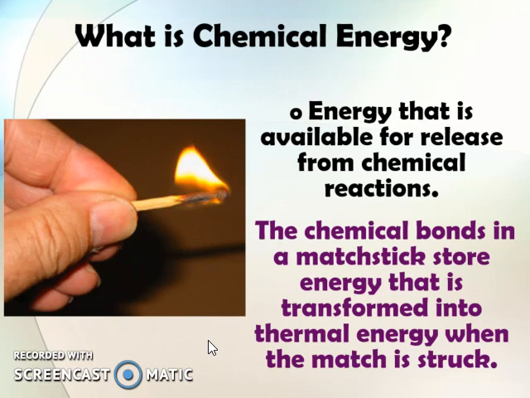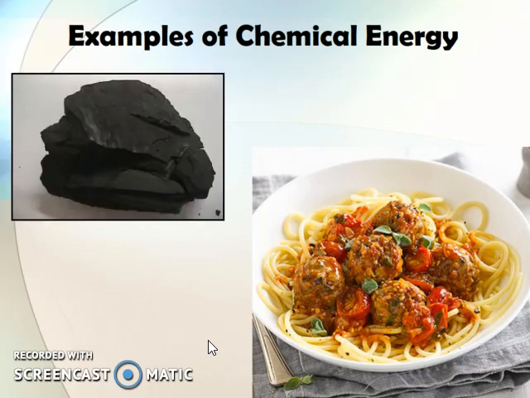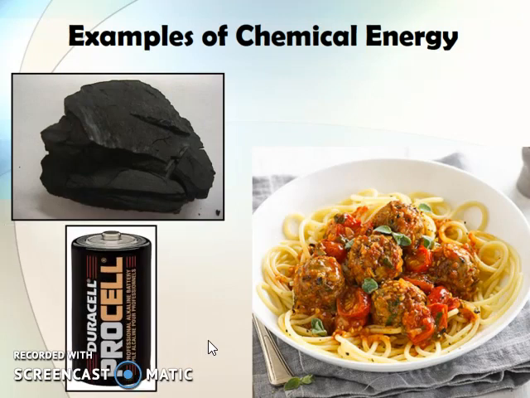Anyway, chemical energy can also come from food, from a matchstick also. That energy is being transformed into heat or thermal energy and also light. You can also think about spaghetti. That is definitely chemical energy. It's sitting right there ready to be eaten so that my body can use it, create chemical reactions, and I can get some energy from it. Power plants use coal. Of course, batteries also have energy inside of them too. So those are different types of chemical energy that we can tap and utilize, and then change it